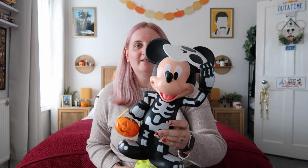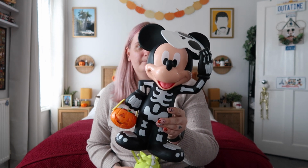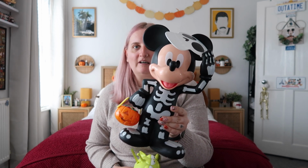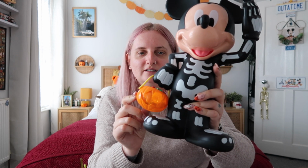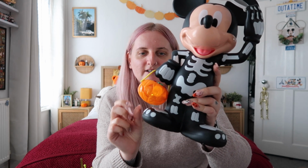I got the Mickey Skeleton popcorn bucket. This was very sought after. I believe it's more expensive to buy it in Disneyland, which I'm very annoyed about, but I'm very glad I got it. The little pumpkin that he's holding, like the pumpkin candy bucket, lights up. His body glows in the dark, which is very bright actually. It kind of scared me at first, the first night